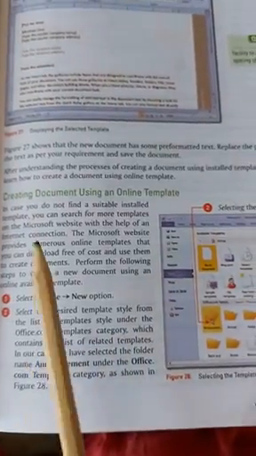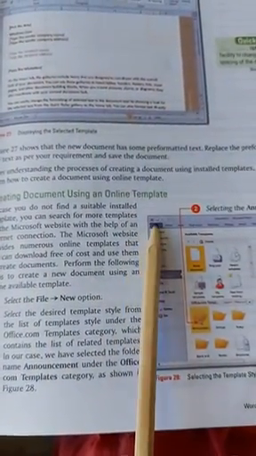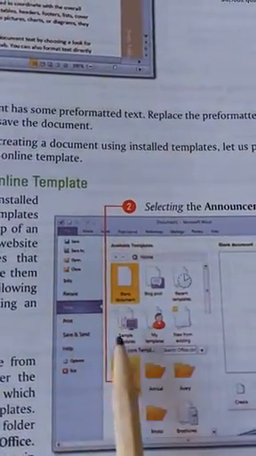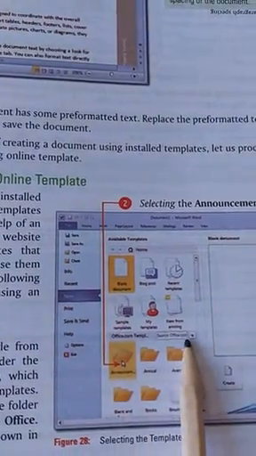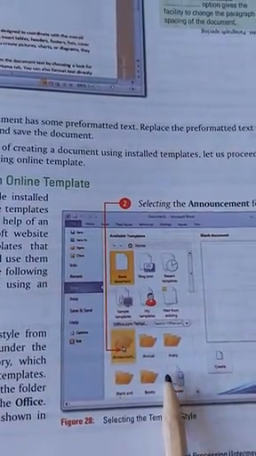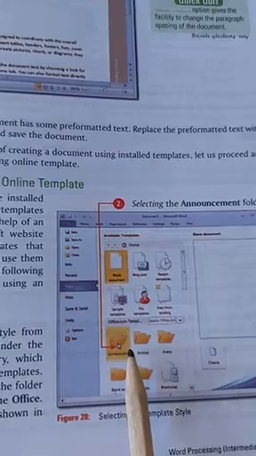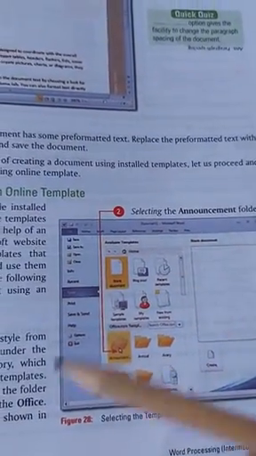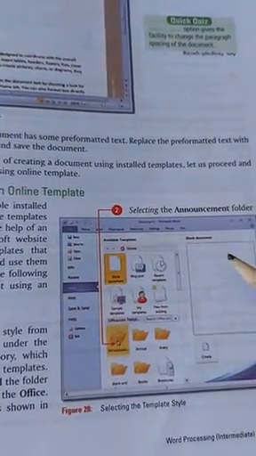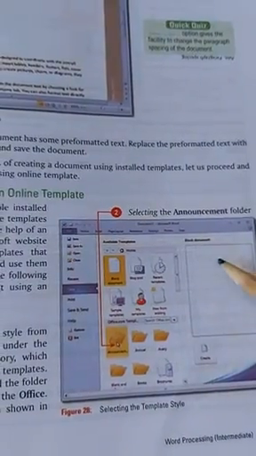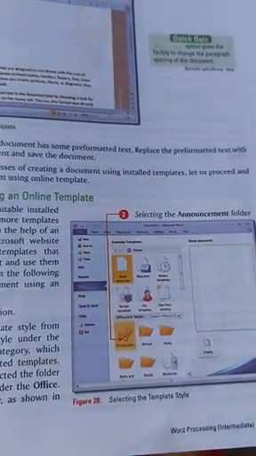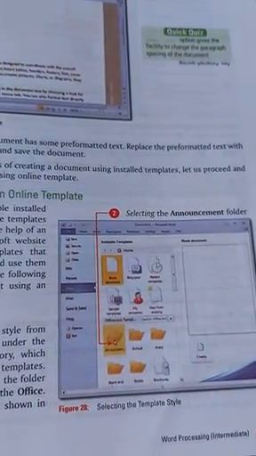We can also create document using online templates. For this, same, click on file, then click on new, and now you have to click on office.com templates and search office.com templates from here, and the particular template folders will be available. Click on any particular folder and the selected templates included in the folder will appear. Then click on the template, the template will be visible here, and after selecting any template from this group, click on create button as we did in the offline template. Your template will be created.